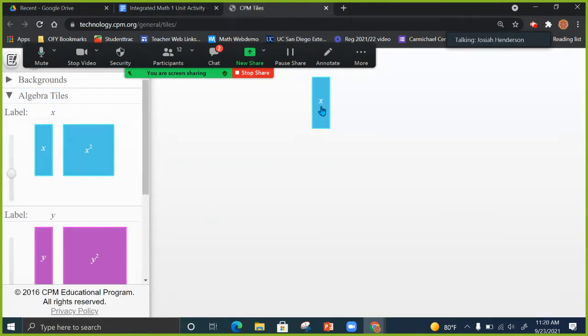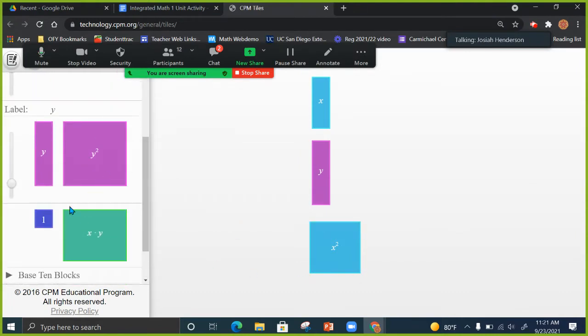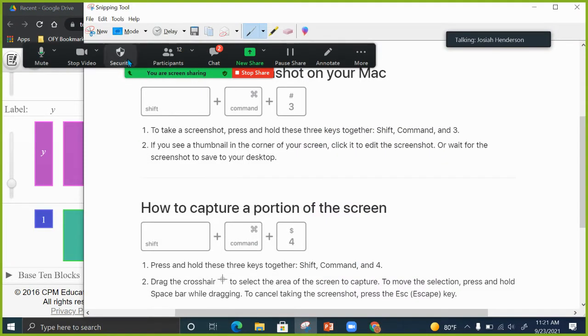And for those of you doing it on paper, and Victor, this is you too, what you're going to do is just sketch. It doesn't have to be perfect. You're going to draw out the x bar, draw out your y bar, draw the x squared box, and then all the others. We've got our y squared, our 1, and our xy. And I'm just going to model these three though. So now I'm going to take my screenshot,